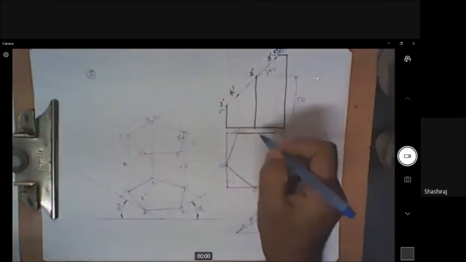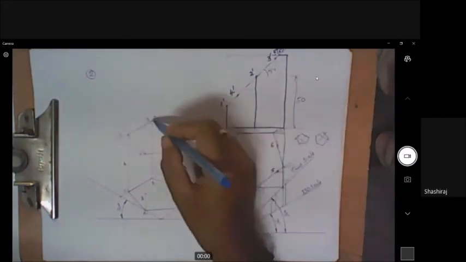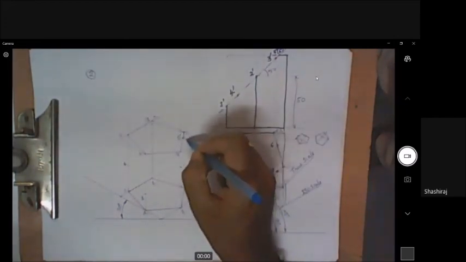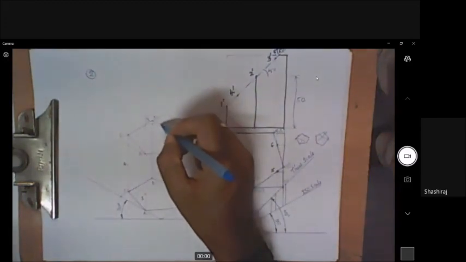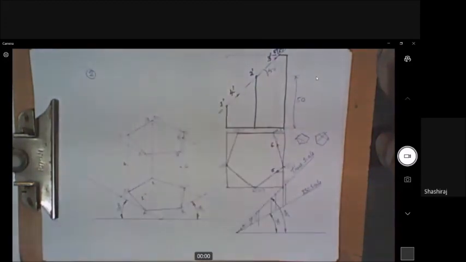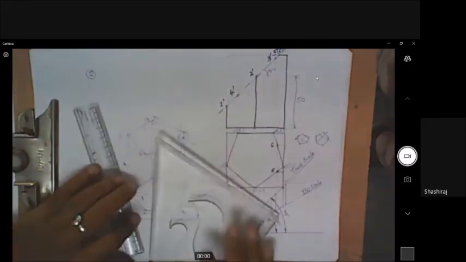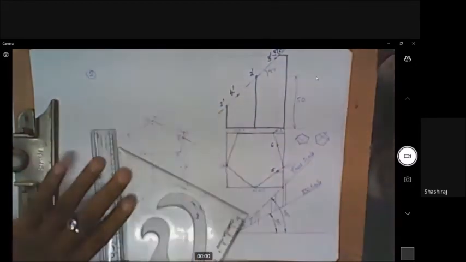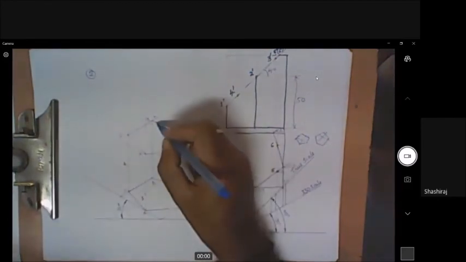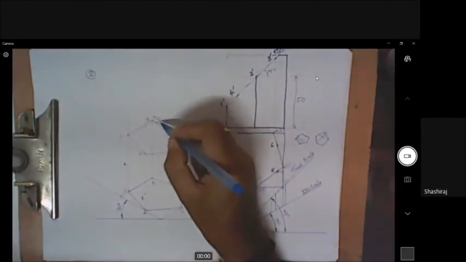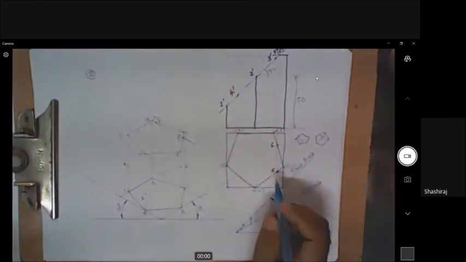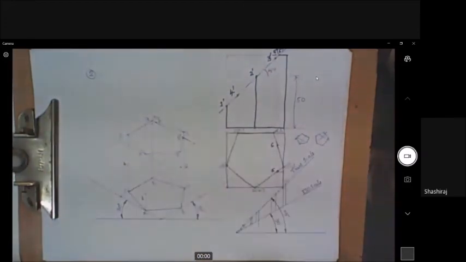Similarly, point number 6 is on edge DC. Same distance, if I continue the same line, wherever it meets the line DC, there I'll get the point 6. So I'll continue that same line. Yeah, I have continued that same line. So I got point number 6 here. Point number 6 should be on DC, line DC. Now I got all the 6 points.